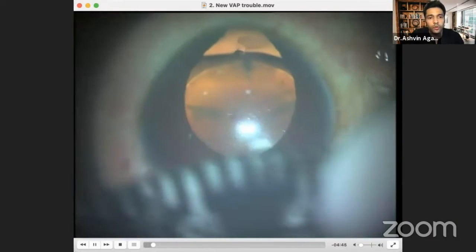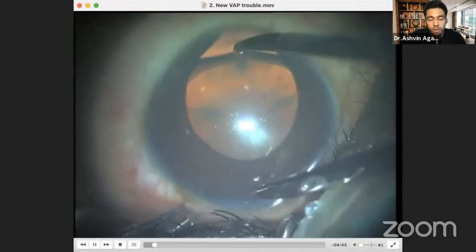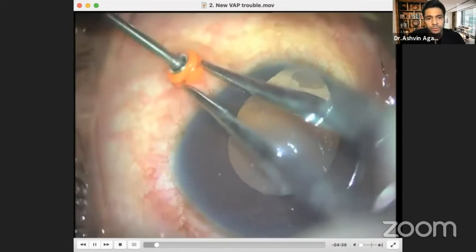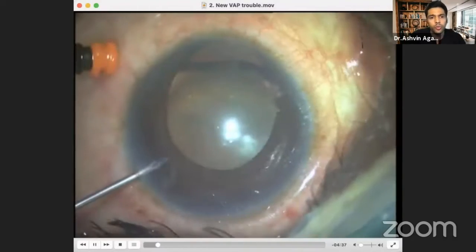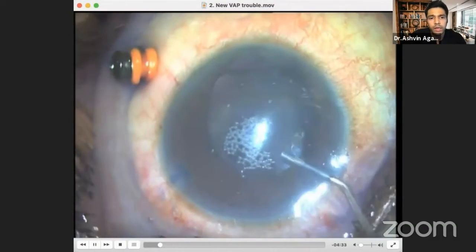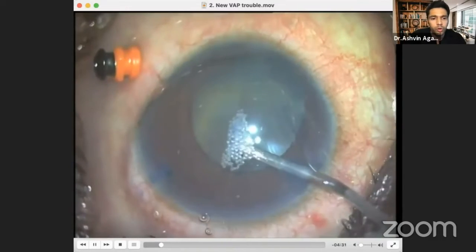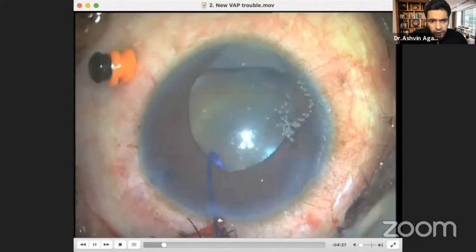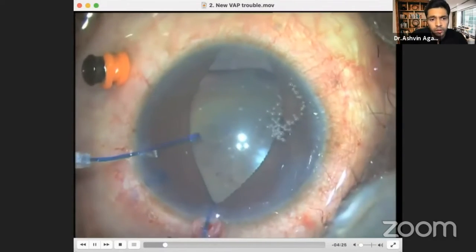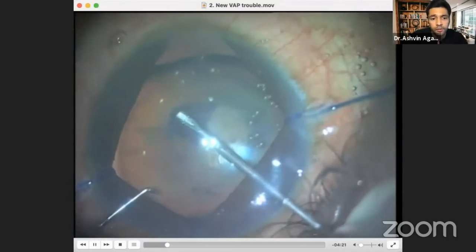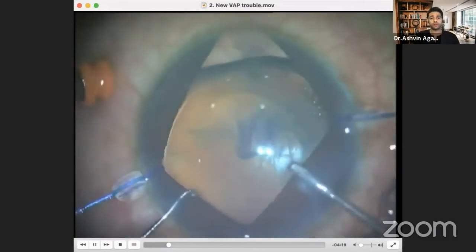Here's a case of another vitrectomy assisted phaco, but with a very hard, dense nucleus and a larger coloboma. If you have a look at it, I would rather refrain from using any trypan blue or blue rhexis in this case. The idea is to use iris hooks, visualize your rhexis, and make sure that your rhexis is large enough so that the nucleus can come out.